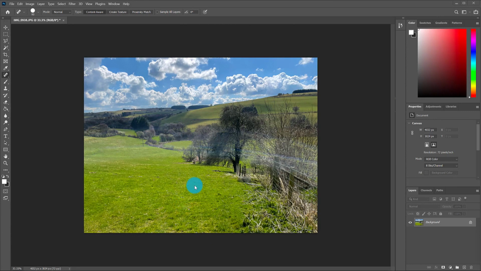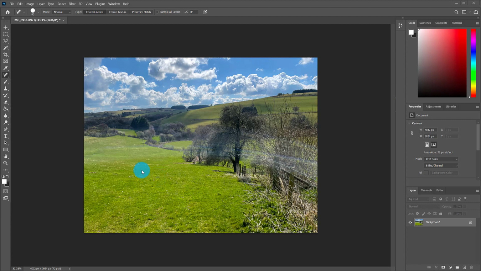Okay, in this chapter we're going to have a look at the patch tool, and the patch tool is very similar in some regards to the heal tool and also the clone tool, and it also does what it says in terms of you can patch up one section of a photo. For example, there's a blemish here, and take a section from somewhere else and blend it together, so you're patching over the area, whether it's a blemish or an artifact or a divot in the soil that we have here,